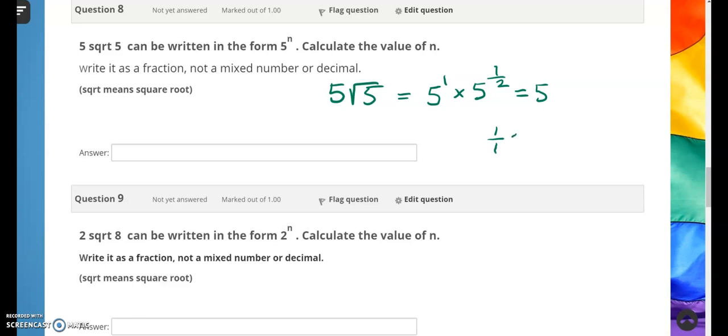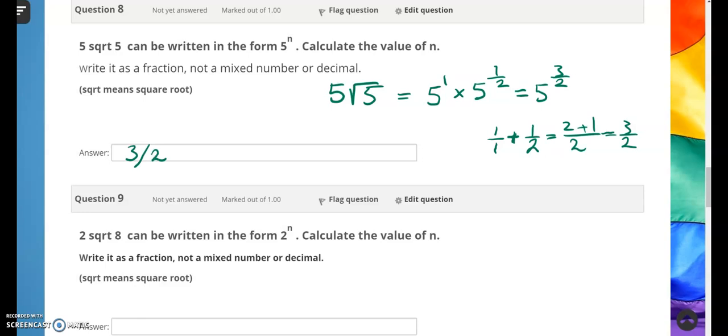1/1 plus 1/2. Now to add the fractions, we've got to turn them into fractions with common denominators. So we've got 2/2 plus 1/2, that gives us 3/2. So 5 to the power of 3/2. And calculate the value of n. So we just need to write the value of n. So